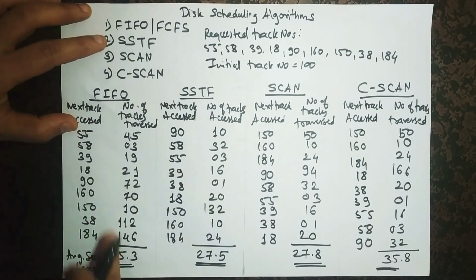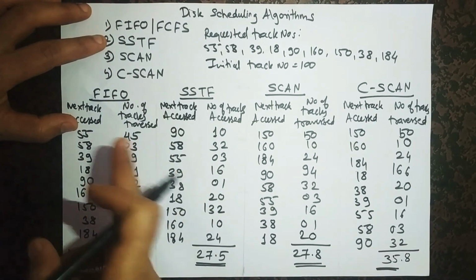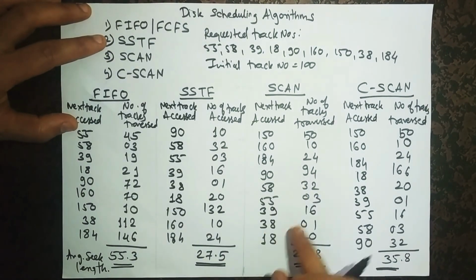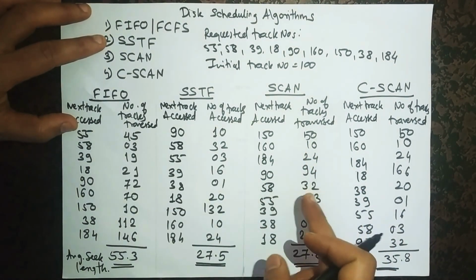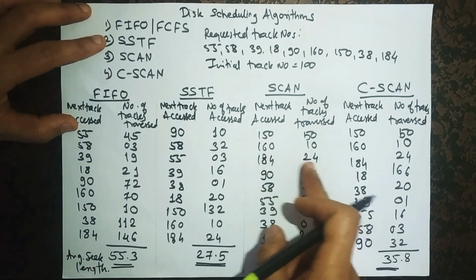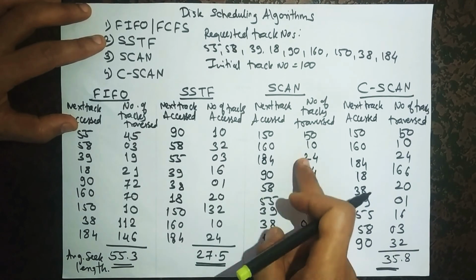In case of FIFO we see it is maximum because it is serving requests as they are coming for the tracks. So the FIFO will give good performance in case of few processes, but if the processes are many more, then there is too much seek length. In case of the scan algorithm it is going to the maximum in one direction and again going in the other direction. So here the movement is too much for these two cases,